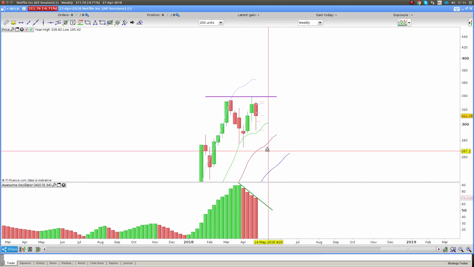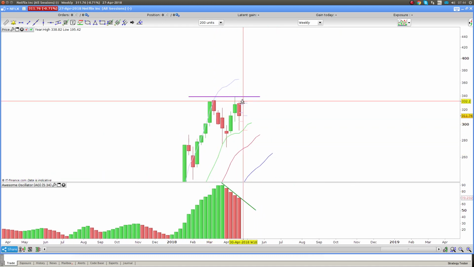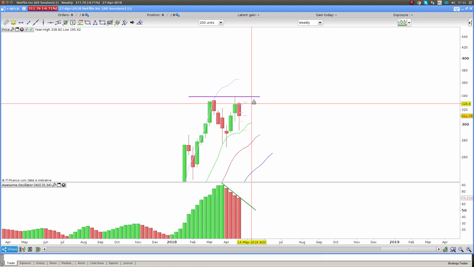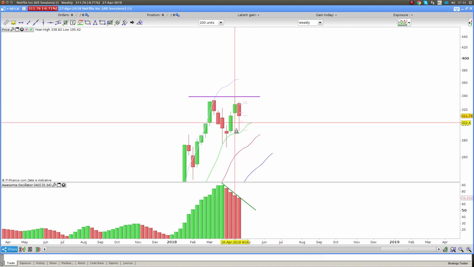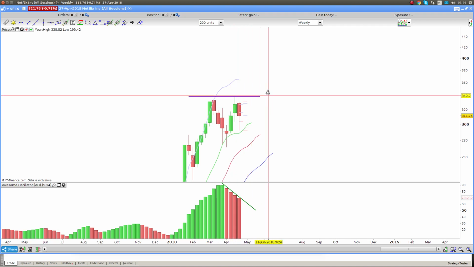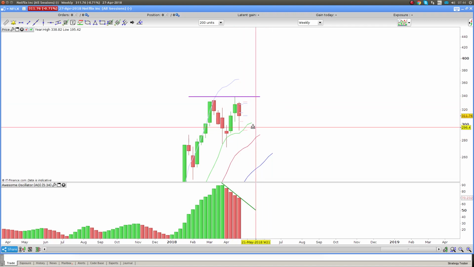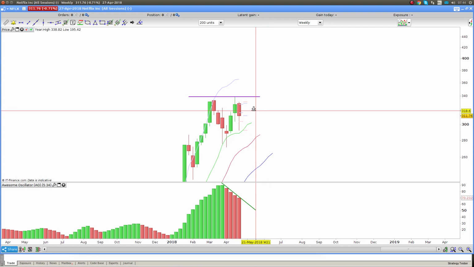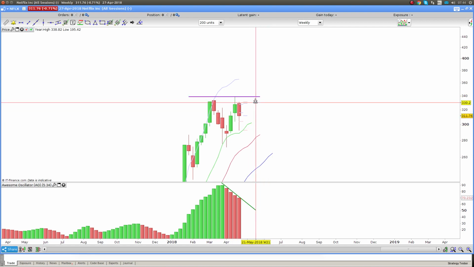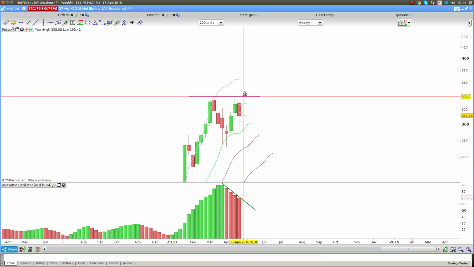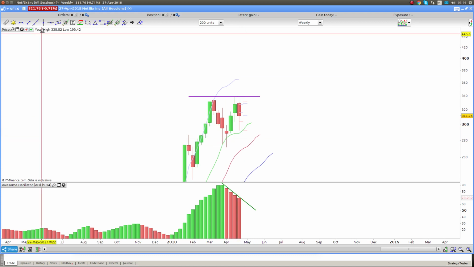So we've tried to break higher here, and there's been a rejection off that level, and it came down, and the bulls still try to buy. So guys are still buying the stocks over here, and this typically happens in a trend reversal. You'll see the buyers will keep trying to push in, and the sellers will keep selling until one gives. So it'll give to the top or it'll give to the bottom.